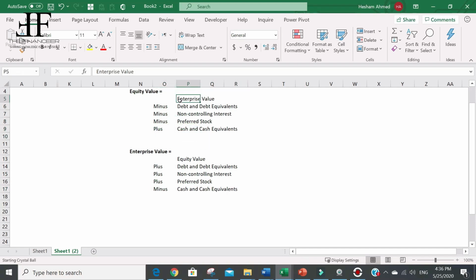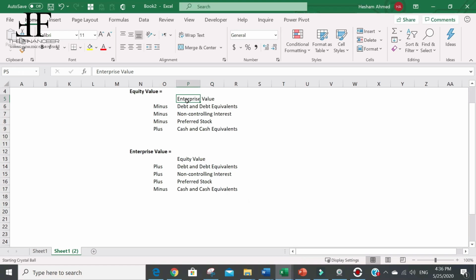So simply you are going to deduct from the enterprise value any loans you are going to pay, any preferred shareholders you are going to pay, any minority interest you are going to pay. So simply I take the full value of the organization and say whatever is related to the loans will be paid to the loans, so I'm going to deduct it. Whatever is going to be paid to the preferred shareholders will be deducted. Whatever is going to be paid to the minority interest will be deducted